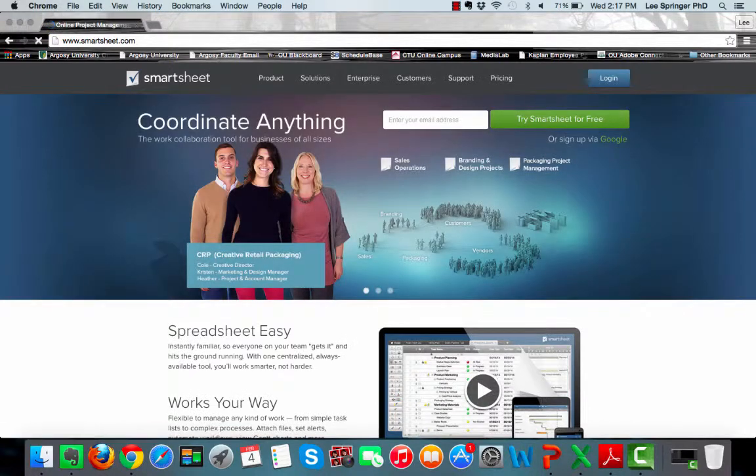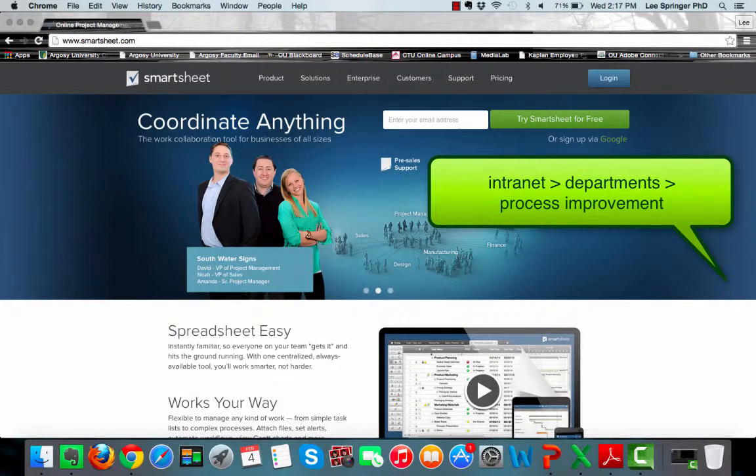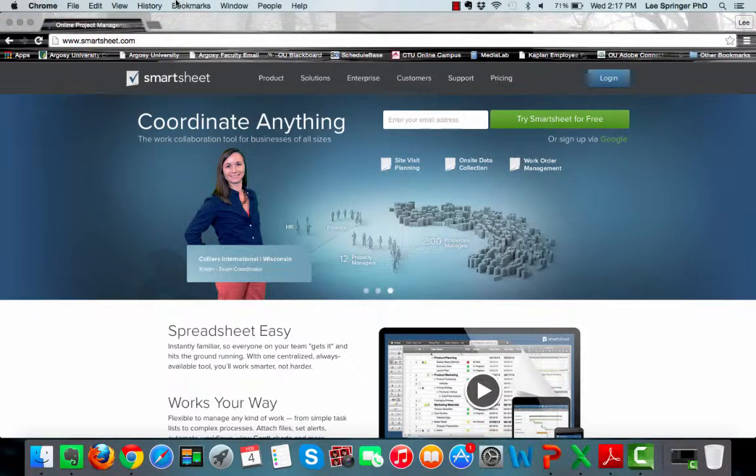You can also access the link if you go to the intranet and go to departments. Scroll down to process improvement and click on that, and the web page will open up, and you'll see there'll be a line for Smartsheet and then the login link right below that. So there's another quick way to do that too. Hit the login button